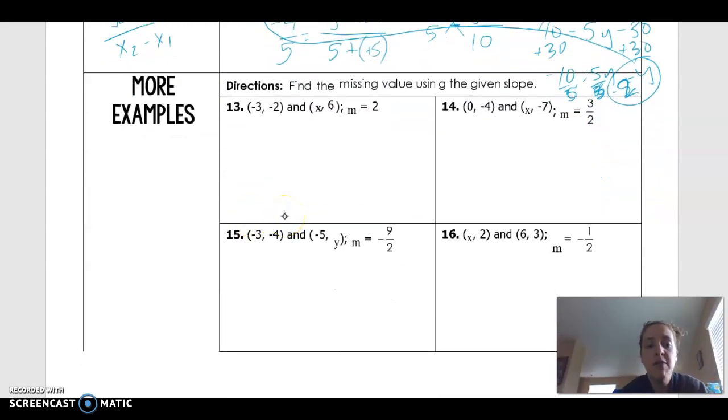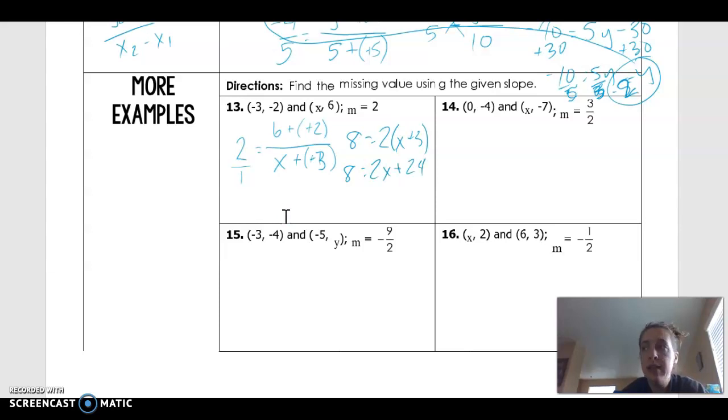Okay, so I see I have a slope of 2. And here I'm looking for an x value, but I'm still going to write it the same way. So I've got y2 minus y1 over x2 minus x1. Oops, that's a 3. So again, I've got some negatives, and when I have that double negative, I can go ahead and turn it into a plus. So this would be the same thing as over 1. So I can still cross multiply. So I'm going to have 6 plus 2, so I've got 8 equals 2 times, again, my parentheses, x plus 3. So I can distribute,